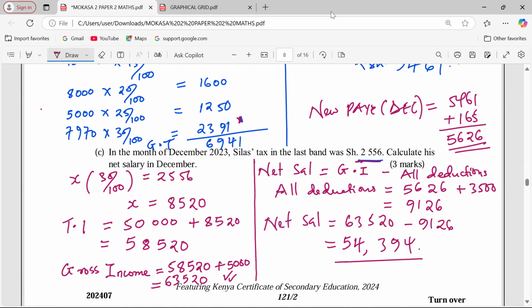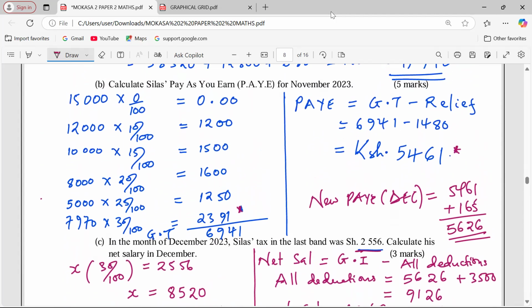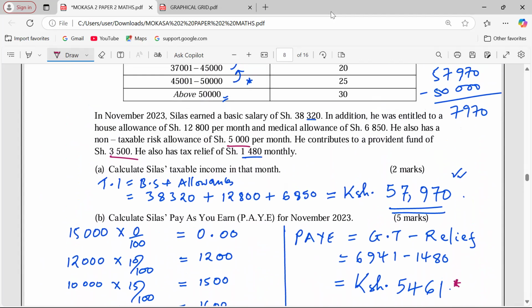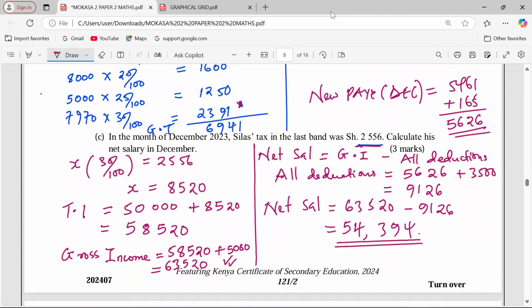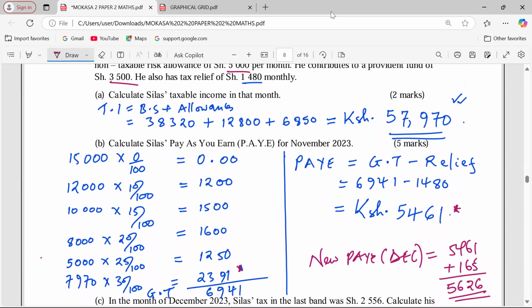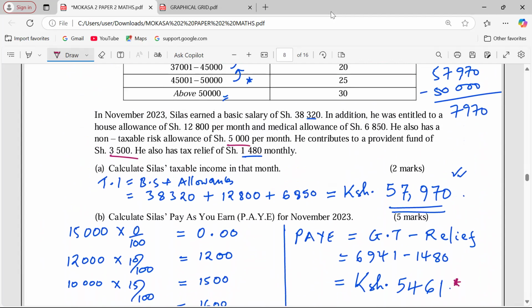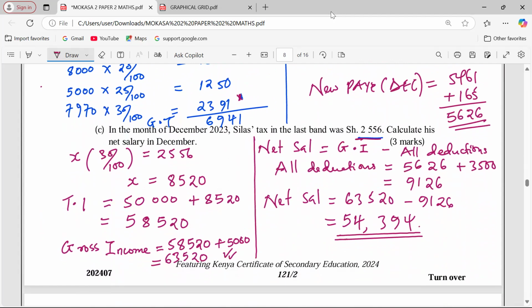In this question, there is something which is hidden, and we're supposed to know that the hidden thing here is deductions together with gross income. The gross income for Silas has also been hidden. If you're not careful, people will forget to add the non-taxable allowance, and they will start thinking that the taxable income is the one to treat as gross income. So gross income is a compilation of everything that Silas earns, and that is how we go about that question.